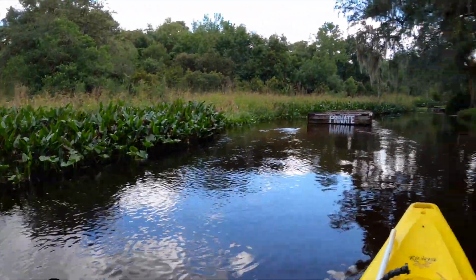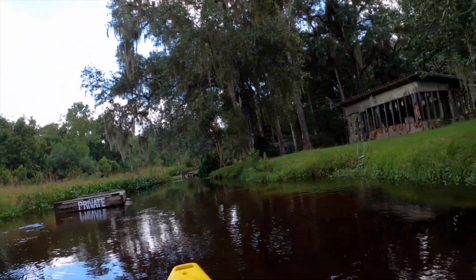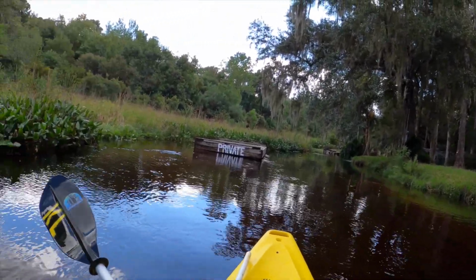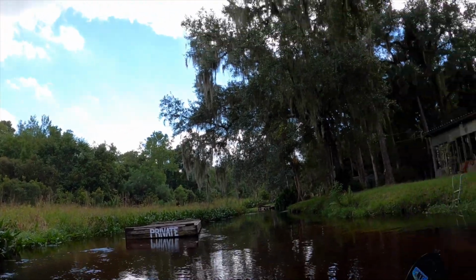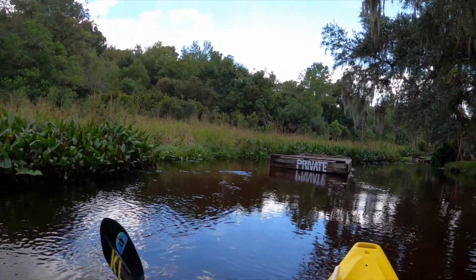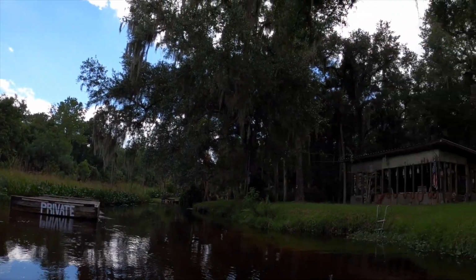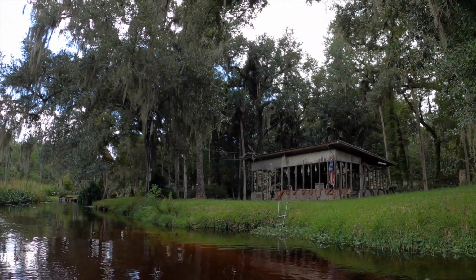So unfortunately, take a look at this. This is unbelievable. Normally this is just gin clear. I mean, gorgeous. Just like you guys, if you see the video that I'll post above here of Wiki Watchy, when I went there, it was magical. And this place just gets just like that. So rain definitely plays a role. Absolutely,